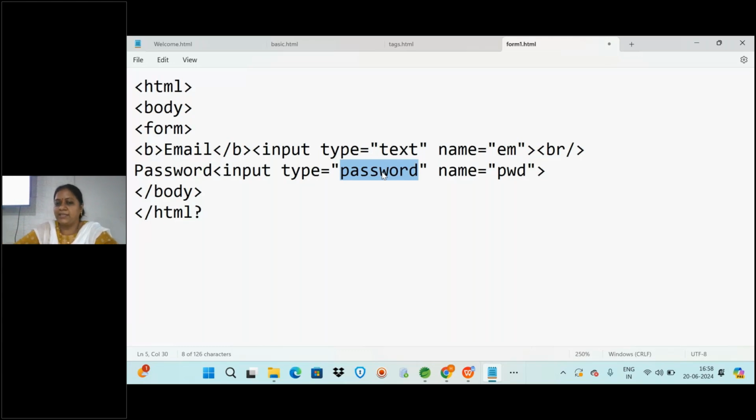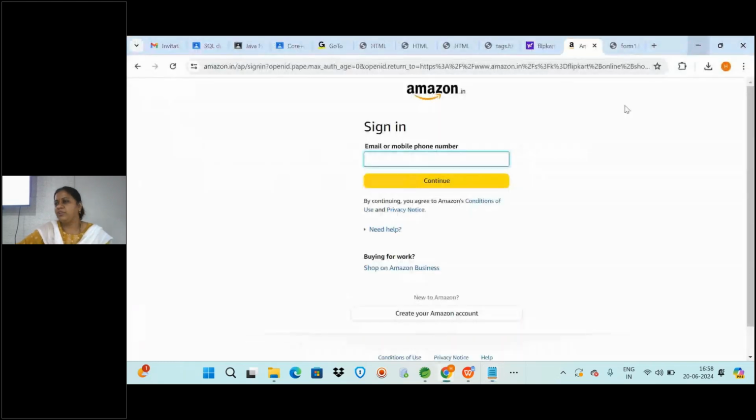Okay. And in the next session also, we'll be continuing on these tags and all. And we will see how to create a button also. We created email and password. We also should click a button, right? So we will see how to click the button, and also when you click the button it should open some other page. If the password is correct, then it should show that you have successfully logged in. But if the password is wrong, then it should say you have given the wrong password. So all these things we will be seeing in the coming sessions. Okay, don't miss tomorrow's session also. You will know more about the tags for developing such web pages.